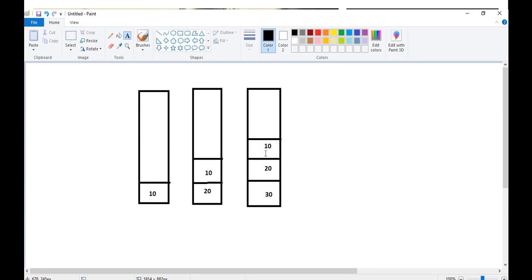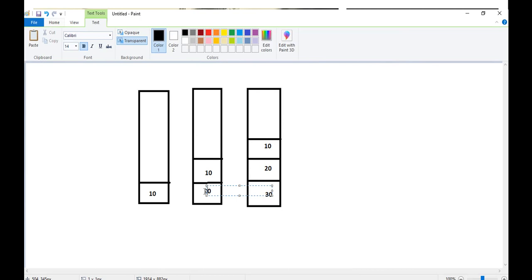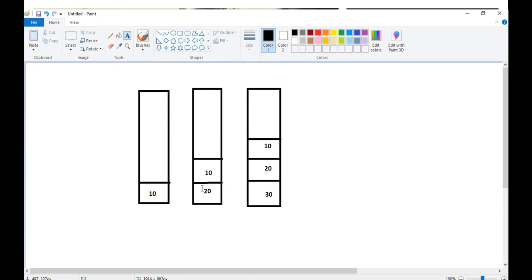First in, first out. Sorry, last in, first out. So 30 will be destroyed. I'm sorry, this is wrong. I'm really sorry. It will not be first in, first out. It will be last in, first out. So these elements need to be modified.